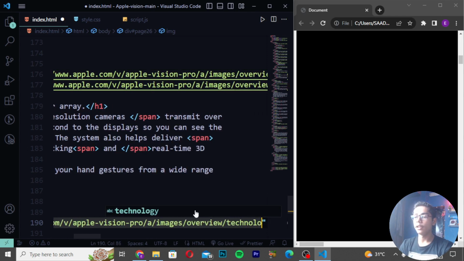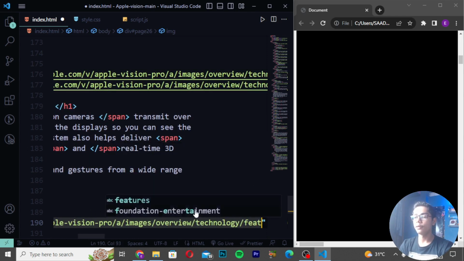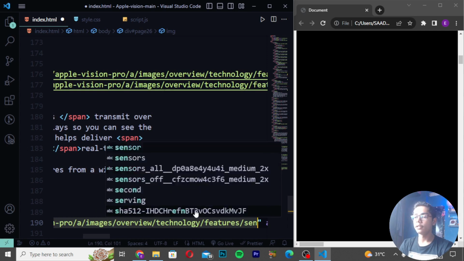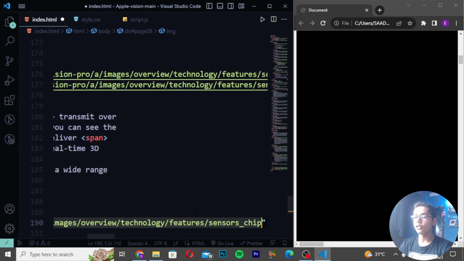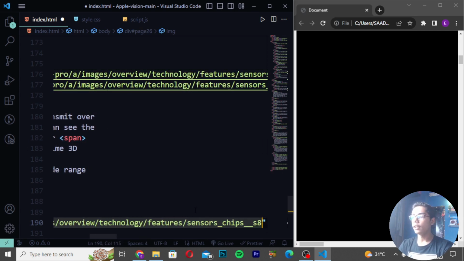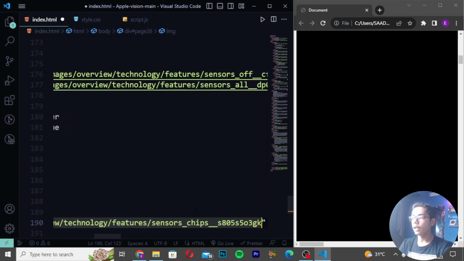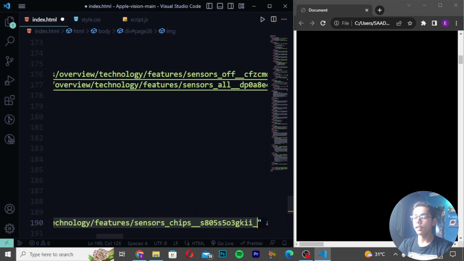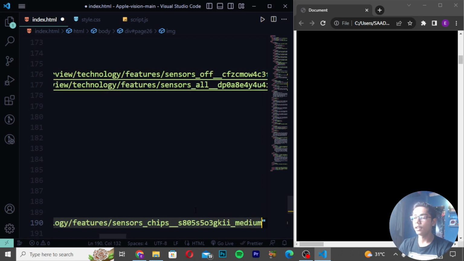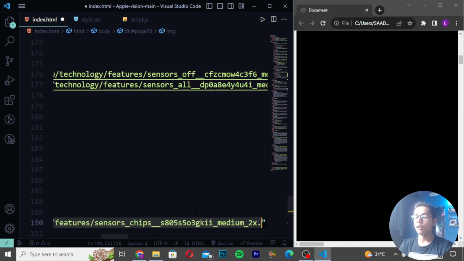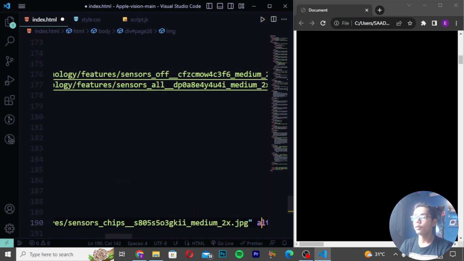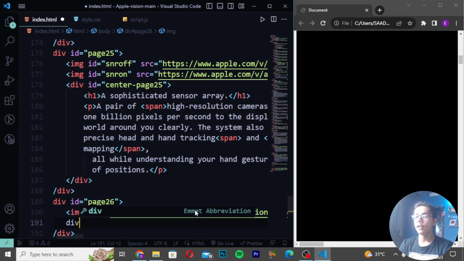features/sensors like this, and then you have to create chips. Then I will be writing S805, S50, then 3G, KII. Then I will be writing media underscore 2x.jpg. Then when you have written this, you have to simply move down after this tag, create div ID, and I will be writing it as